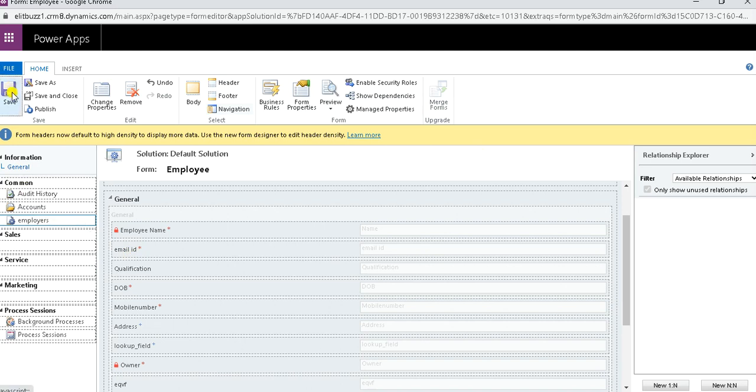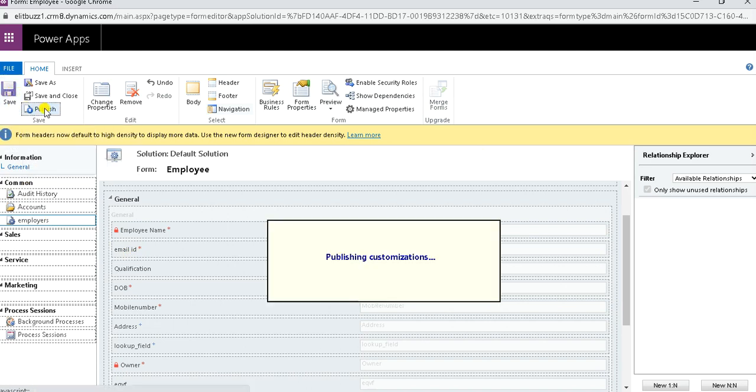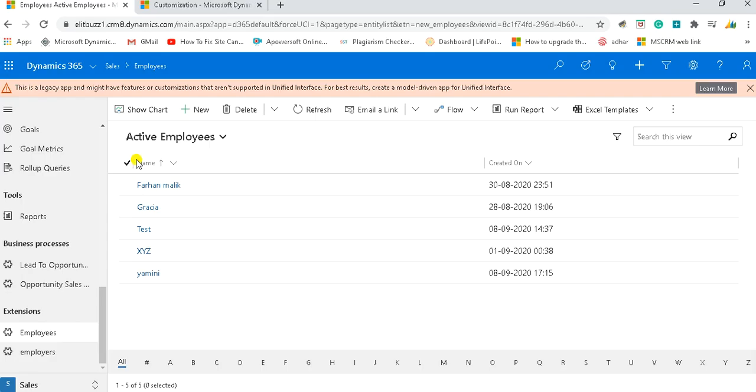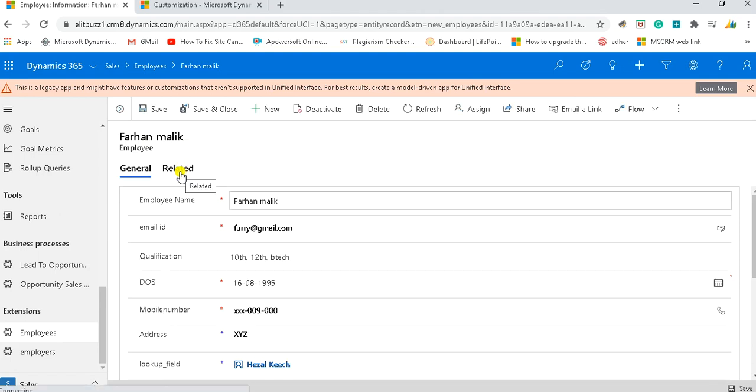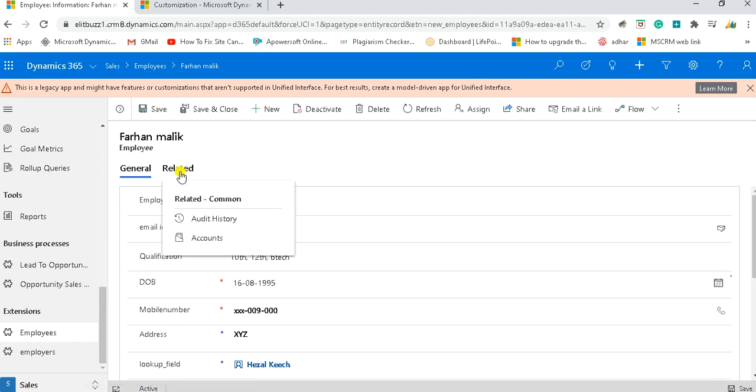This will be visible inside the CRM user interface within the related part. I will show you where it is visible. I have not refreshed the page as of now, but I have done the saving and publishing part for employees. So you can see within this employee record, inside the related component, I cannot find any employers entity over here.